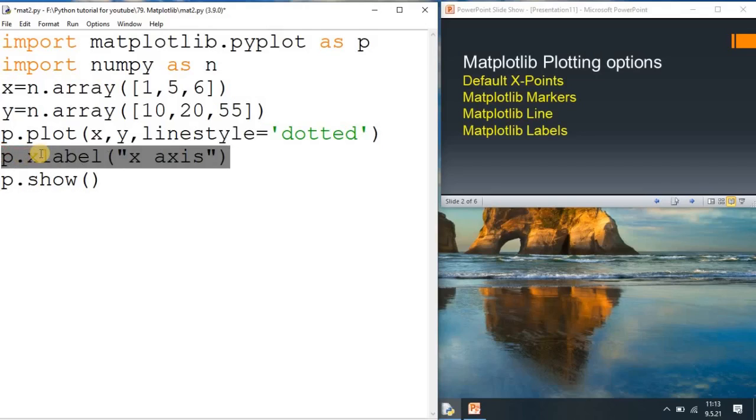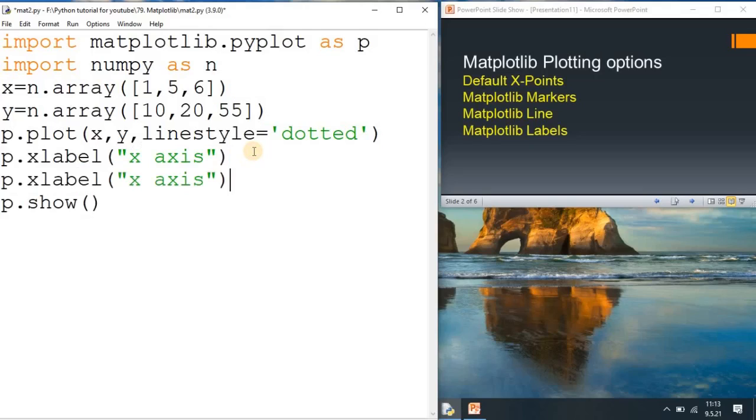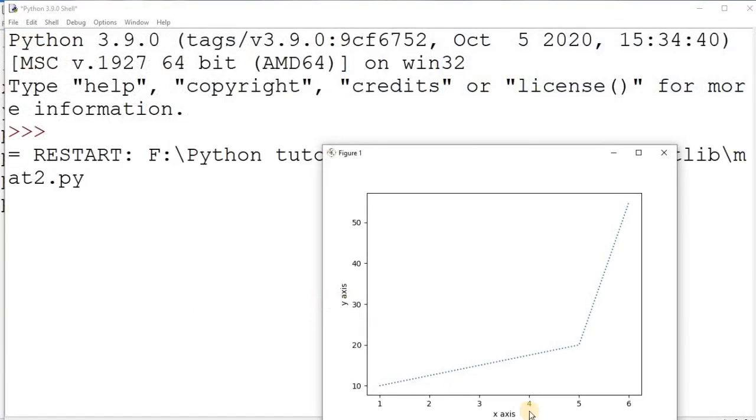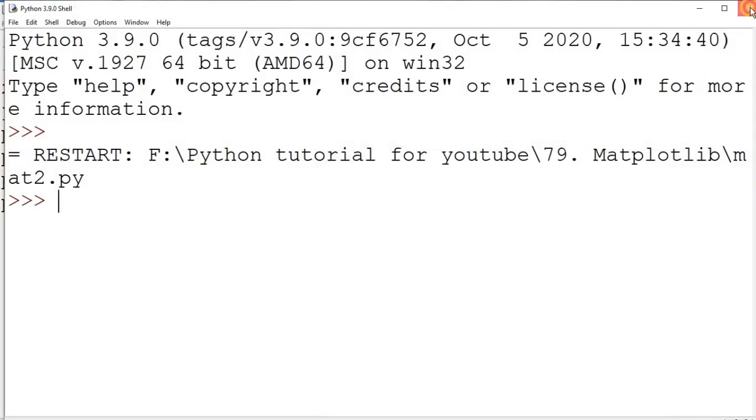In the same way you can do it for the y-axis. We copy this and paste it here, and write ylabel, with the name Y axis. This is the label, and it will appear in your graph. You see the x-axis label downside and the y-axis label; whatever label you want, you can give it.